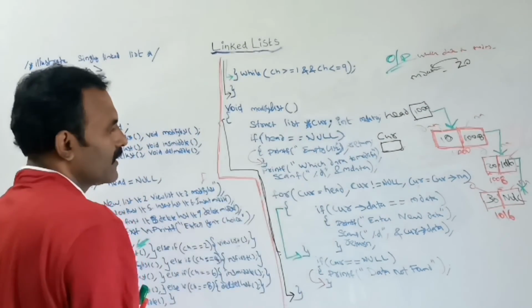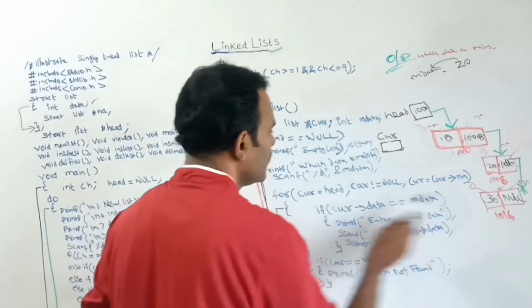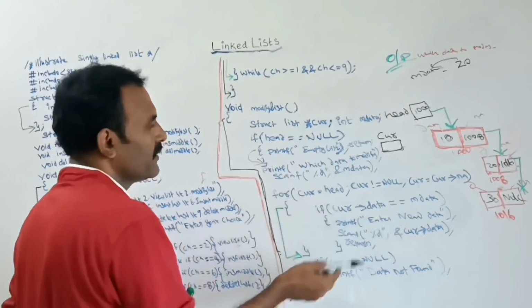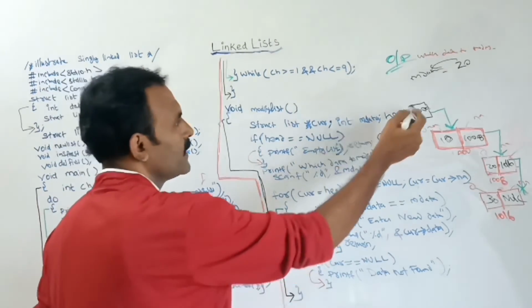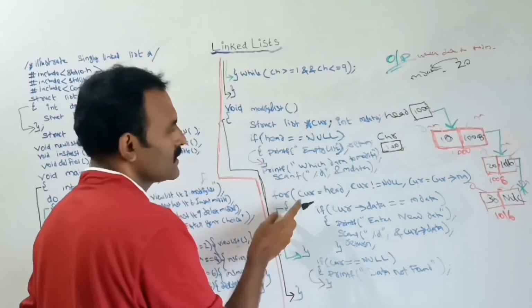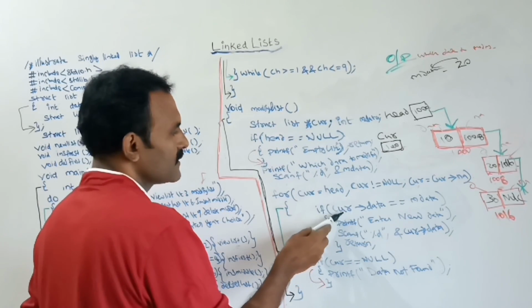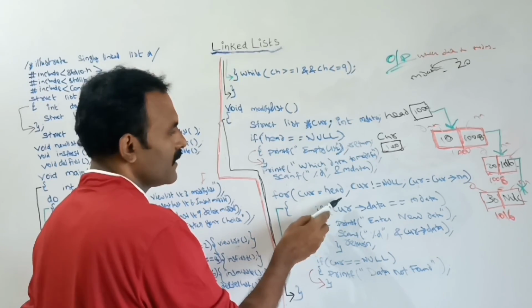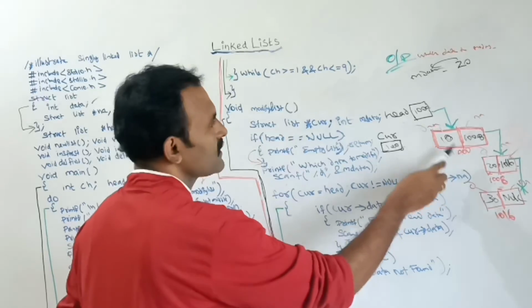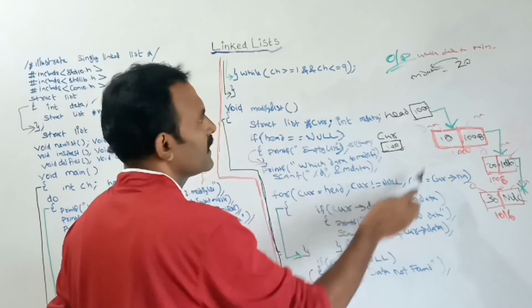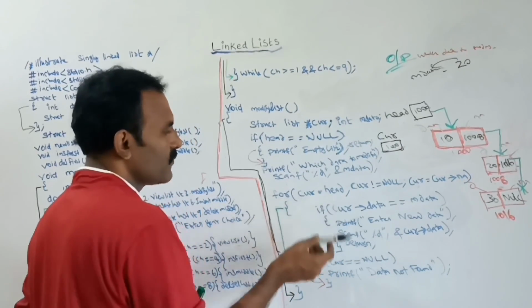Next, in the for loop, from the starting position head up to the end, I am checking one by one for each and every iteration. First iteration, CUR is equal to head, that is 1000. At the 1000th node, I am checking if CUR of data is m data or not. CUR means for each and every time that address only you should keep in mind. So what is 1000th of data? This is 10, but the given value m data is 20. This is not equal, so this if part won't work.